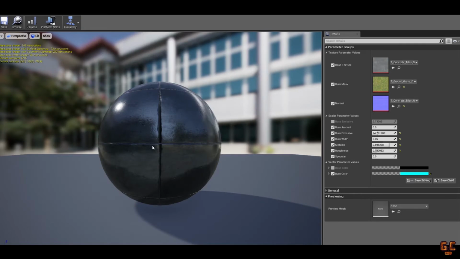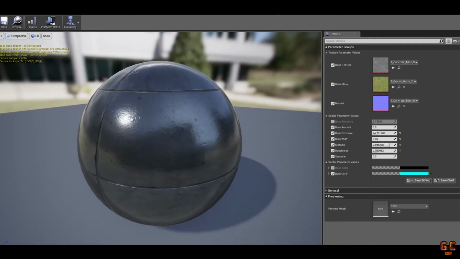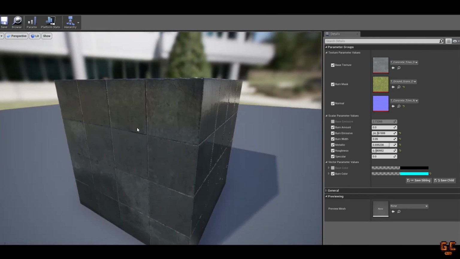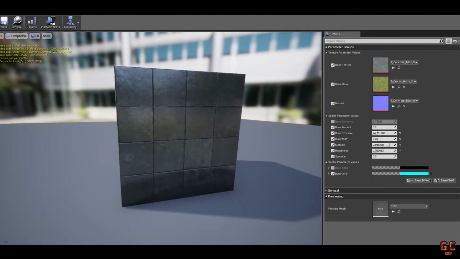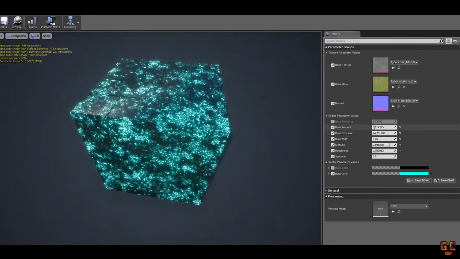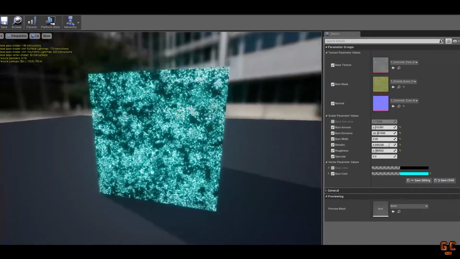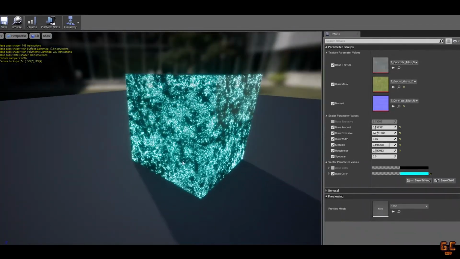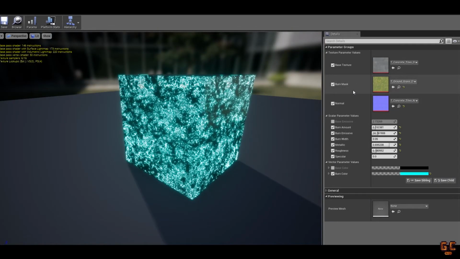So here is an instance of it. Let's show it on a cube because it's a little easier to see. Go. So the part we're going to be talking about particularly is the texture parameter values. So there's a scalar on this material that controls a burn rate. So we're going to go ahead and turn that on just so you can see it activated. Let's turn it down a little bit more. There we go. So in this particular case, how it's burning out is controlled by the texture parameter that I've